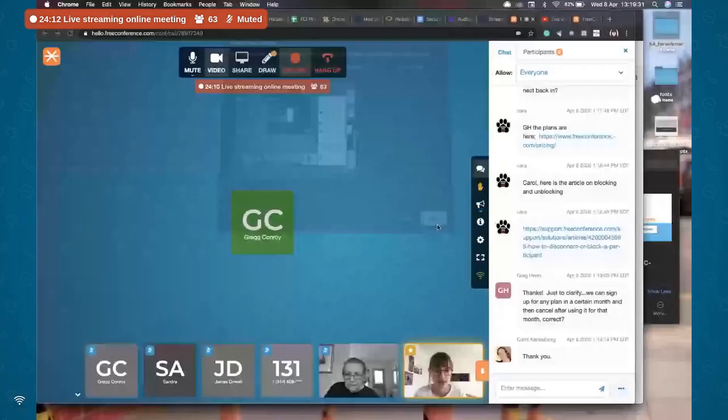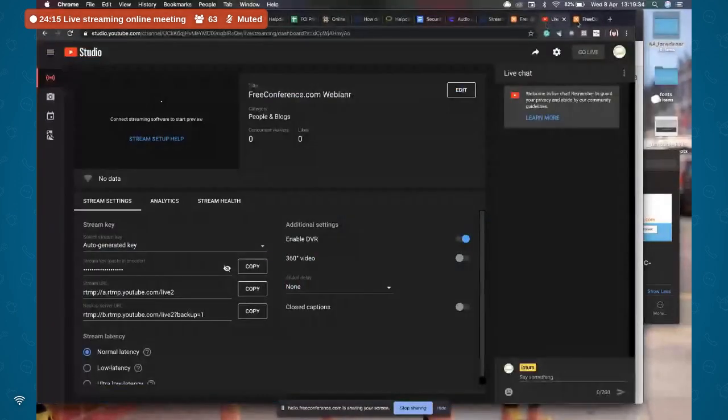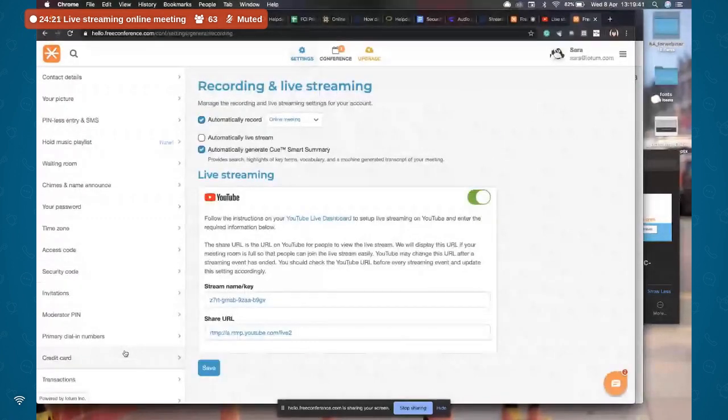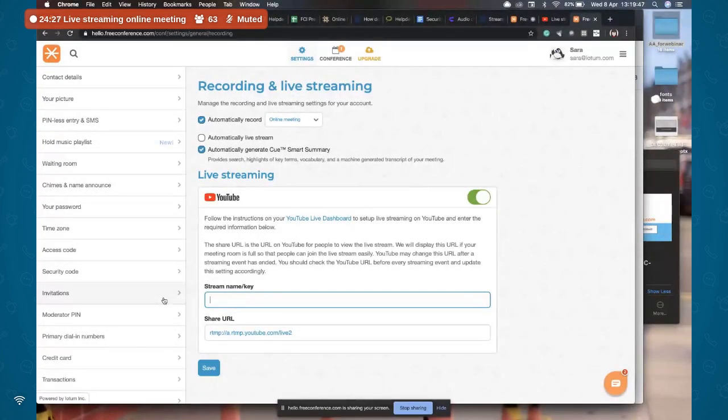I wanted to also touch on this, because I know we've been getting more interest in it. We have another feature called YouTube live streaming. I'll share my screen again. That will allow you to give access to almost an unlimited number of people to view your meeting or your conference online. It's only available on the pro subscription